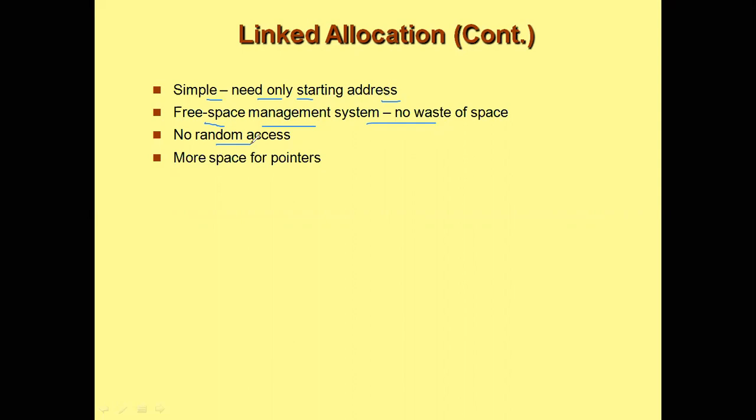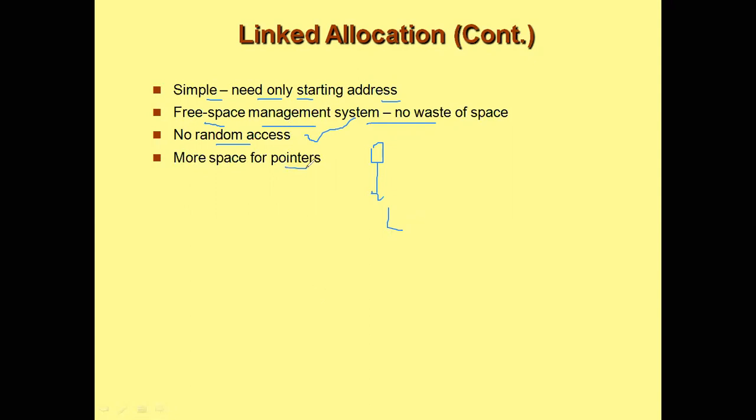This is suitable for sequential access because when you start with a particular block, you go in a sequential manner only. That is, block by block you try to access it because each block points to the other block, right? So sequential access is fine over here, but direct access is not possible here because the blocks are not sequential in manner. So you have to go according to the sequence in order to access any particular block. So direct access is not possible in linked allocation.